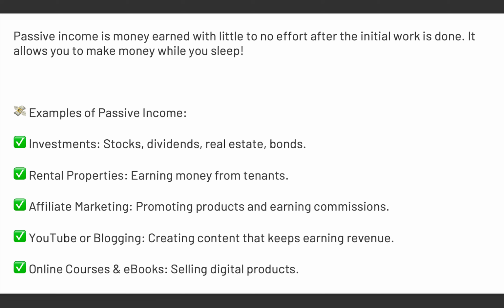Now, another one is affiliate marketing. This means you are promoting products and earning commissions. So for example, if you are trying to do affiliate marketing, all you have to do is create maybe one or two or a few pieces of content, put them out there and promote them, and that is all you have to do. Once you've done that, make sure you put your affiliate links under the content that you've created. And when people see that content, they will use your affiliate links and then you make money. So even when you are sleeping and people are watching your content, they will be using your affiliate links and they will be making money for you.